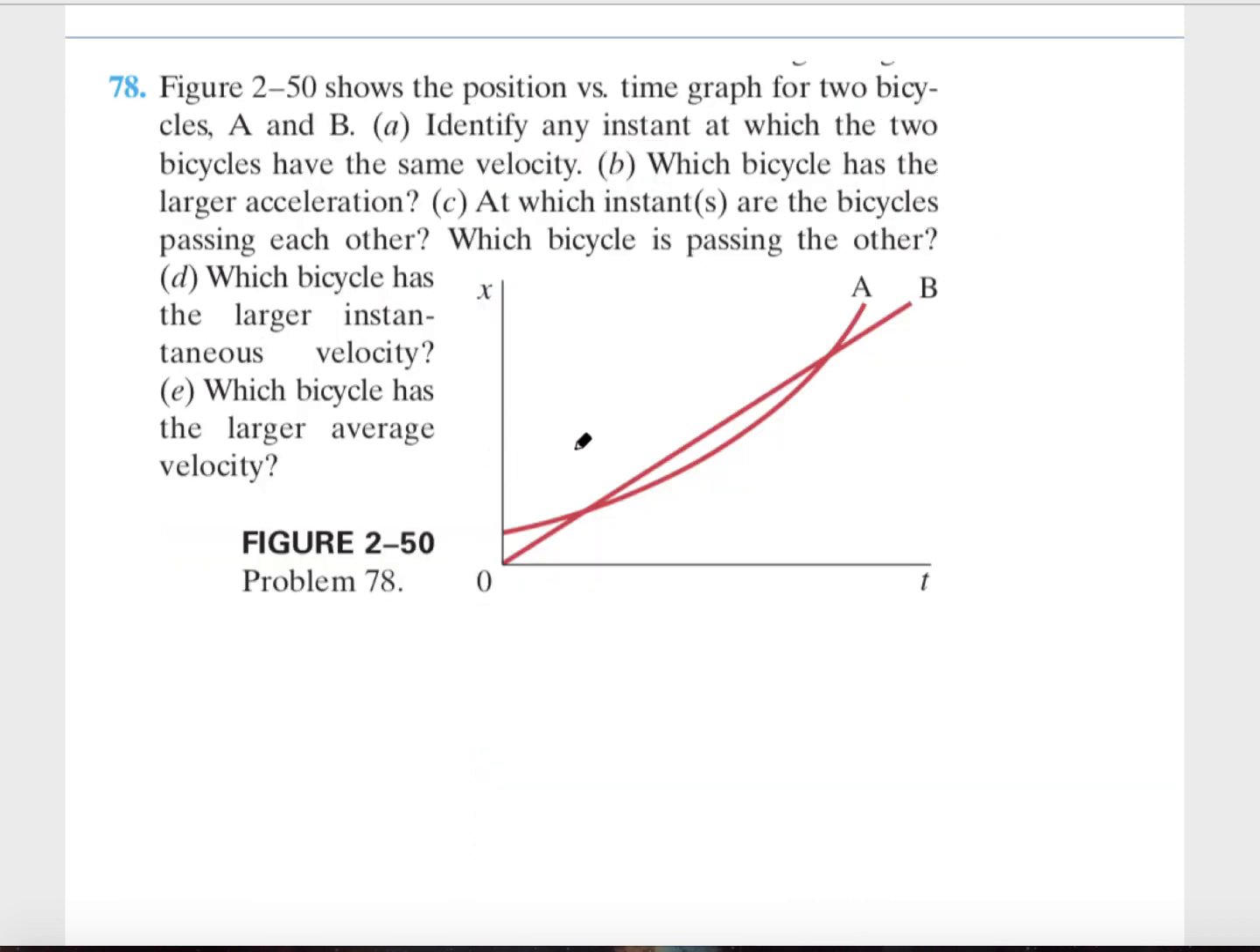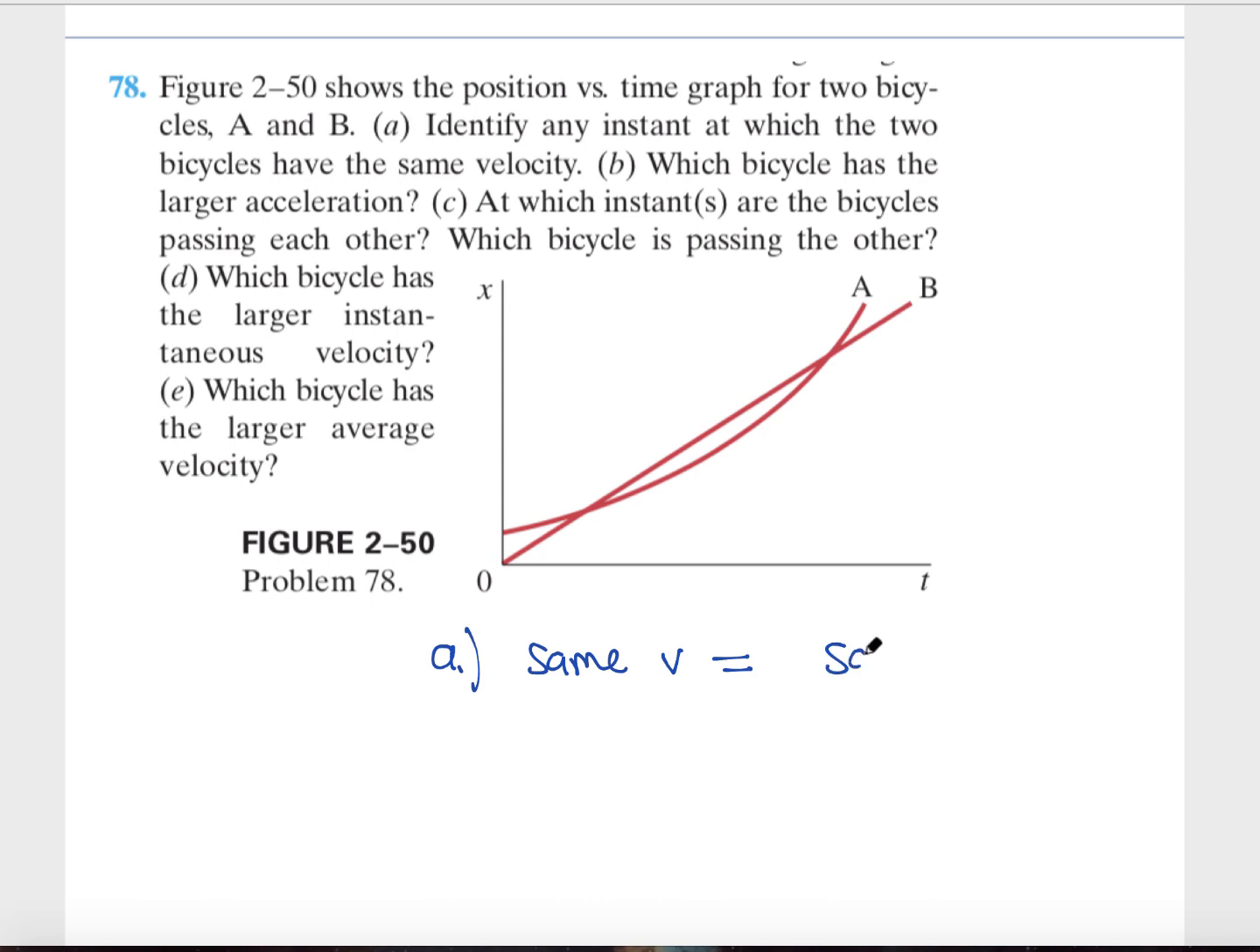Finally, our final question, number 78. This shows two position versus time graphs for bicycles A and B. A kind of curves and B is a straight line. Part A asks us to identify any instant at which the two bikes have the same velocity. So what does that mean? Same velocity